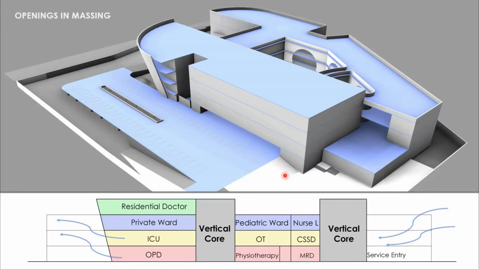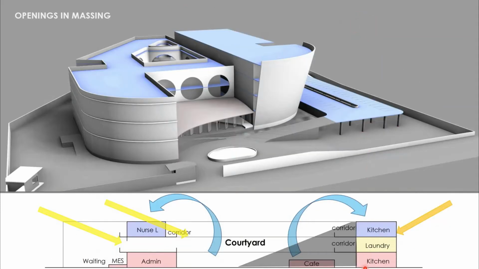We have southwestern winds flowing into the site, so we have tried to provide openings in the southwestern part of the structure which will allow the wind to enter the structure. Also in the center we have a massive courtyard which will allow the hot air to exhale. All this will provide a nice wind circulation inside the structure.